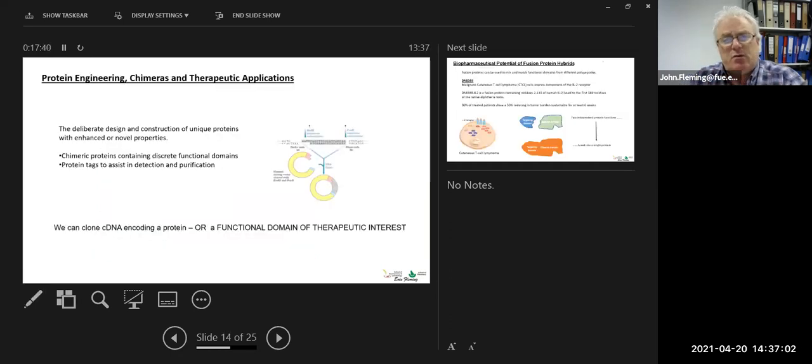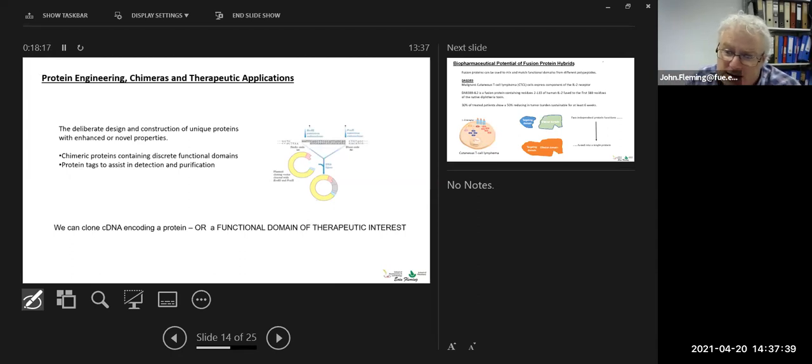But I suppose somewhere along the line, we also began to appreciate that, in addition to the mutagenesis that I've spoken about already, we can engineer other completely novel proteins that bring together quite discrete functions from two different proteins, very often from different species, into a single protein with a novel and unique therapeutic value. And we can do this by getting the cDNA sequences that code for these different functional domains from